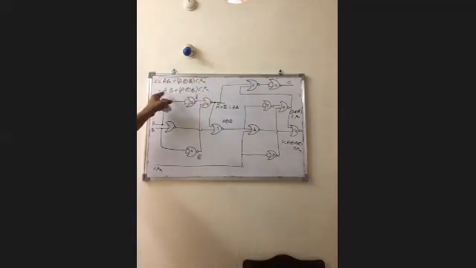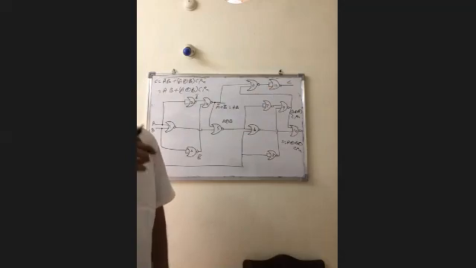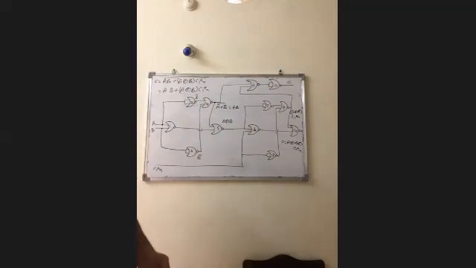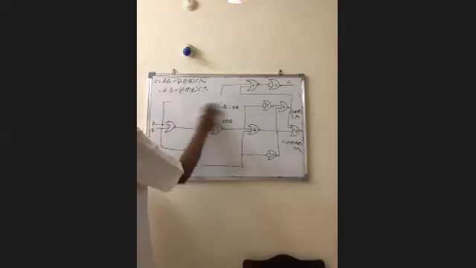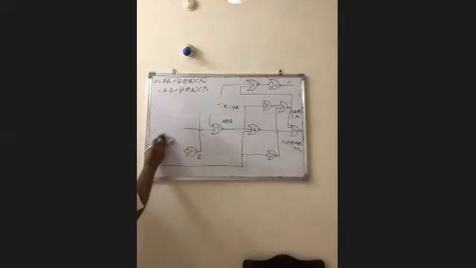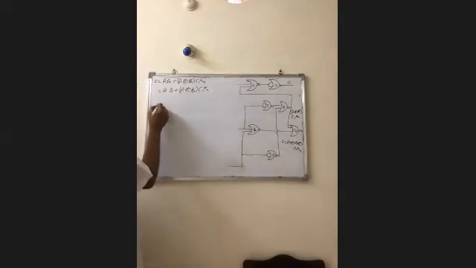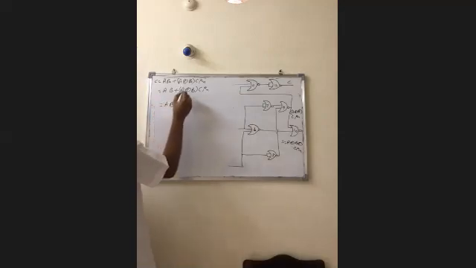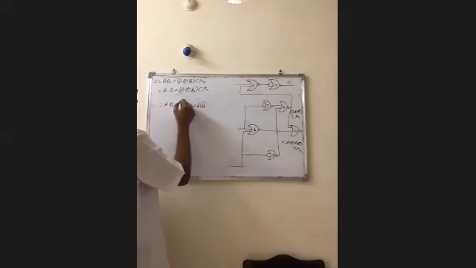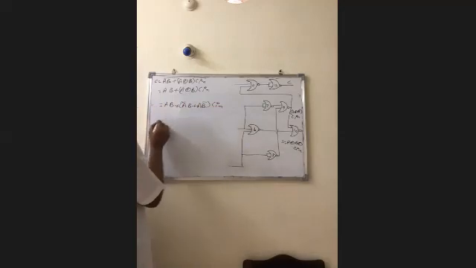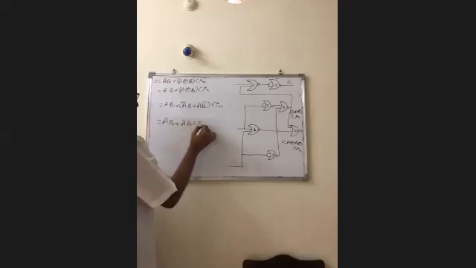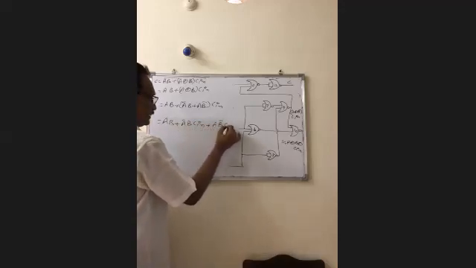No doubt, the 12th gate output is equal to AB plus BCin plus AB plus BCin plus CinA plus CinA. Check that. This is equal to AB plus A exclusive OR B, that is A bar B plus A B bar, into Cin. It is equal to AB plus A bar B into Cin plus A B bar into Cin.